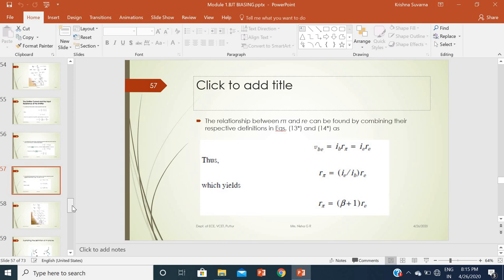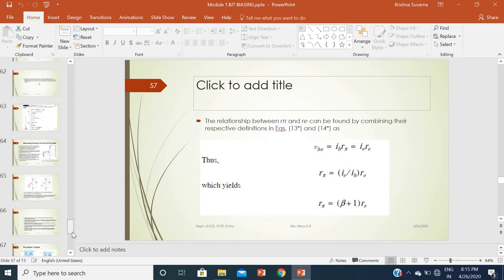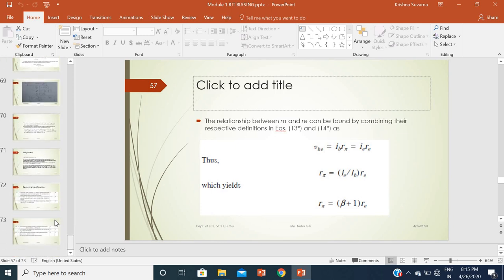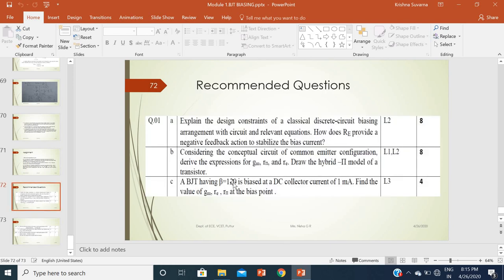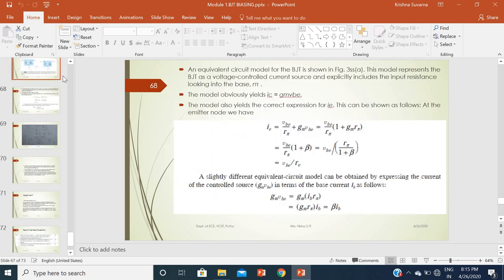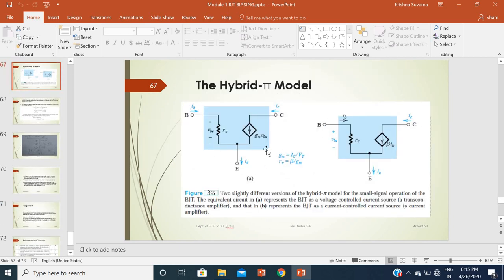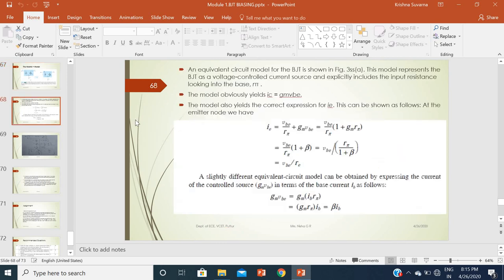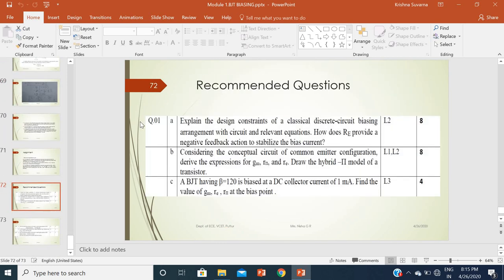So for the second question, this much you need to write down, and for the last question, draw the hybrid pi model. After that, you need to draw that hybrid pi model. It is this figure. This figure you need to draw, with the voltage controlled current source. Next is one